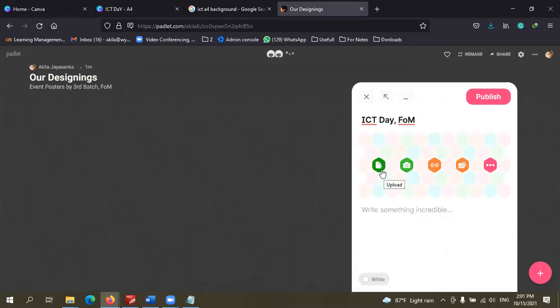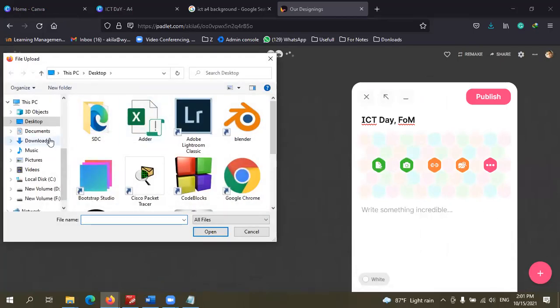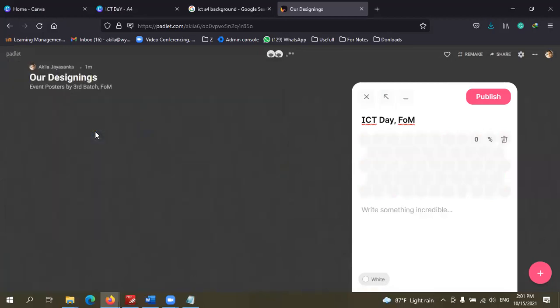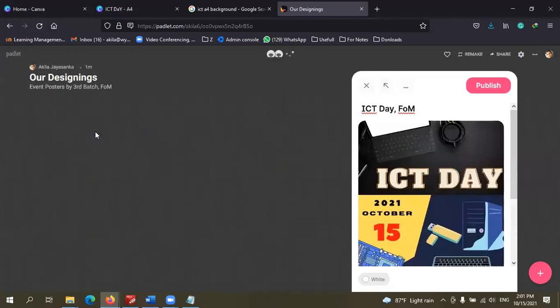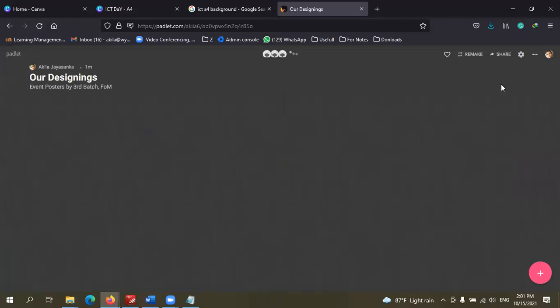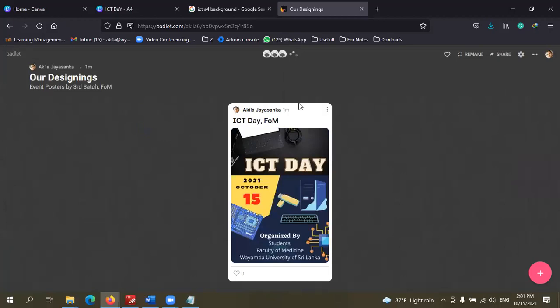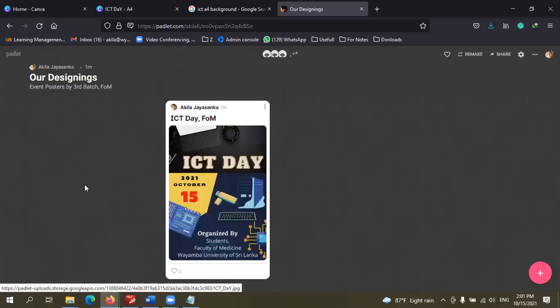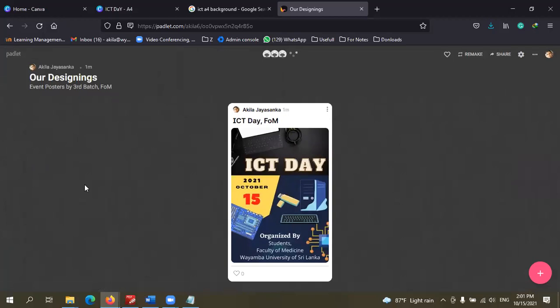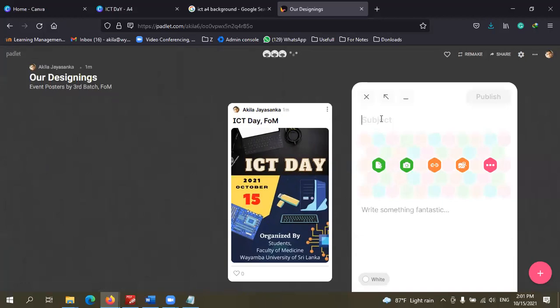Click on the button, you can select upload, and then you can upload your image here and select publish. Again, I'll show you. Just click here, select, give a name, click upload, and then publish your design, right?